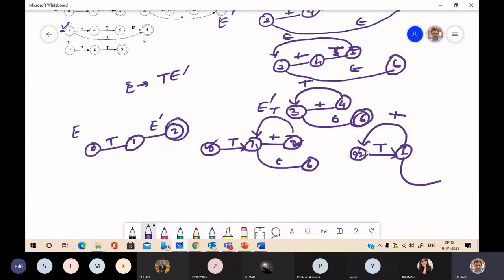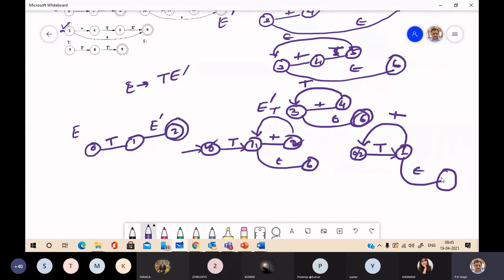So here, because it is the initial state, 0 will be the initial state. So when at 0, it will go for the T and then plus. Otherwise, it will always come from this back channel, that is from 1 to 2. So here is the epsilon 6 state.